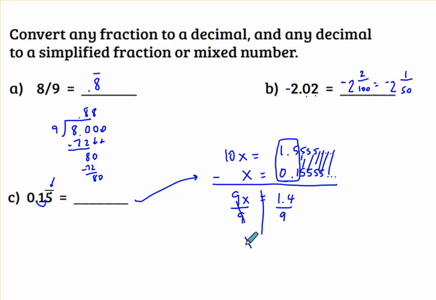And let's see, that's x is equal to 1.4 over 9, but you can't have a fraction with a decimal in it. So what do we do? We just bump this decimal over once, which means we need to bump this decimal over once, and we have to put a 0 here. So I wind up with 14/90ths, which can be simplified just by 2. That's all that they have in common. So when I do that, 14 divided by 2 is 7, and 90 divided by 2 is 45. And so my answer here would have been